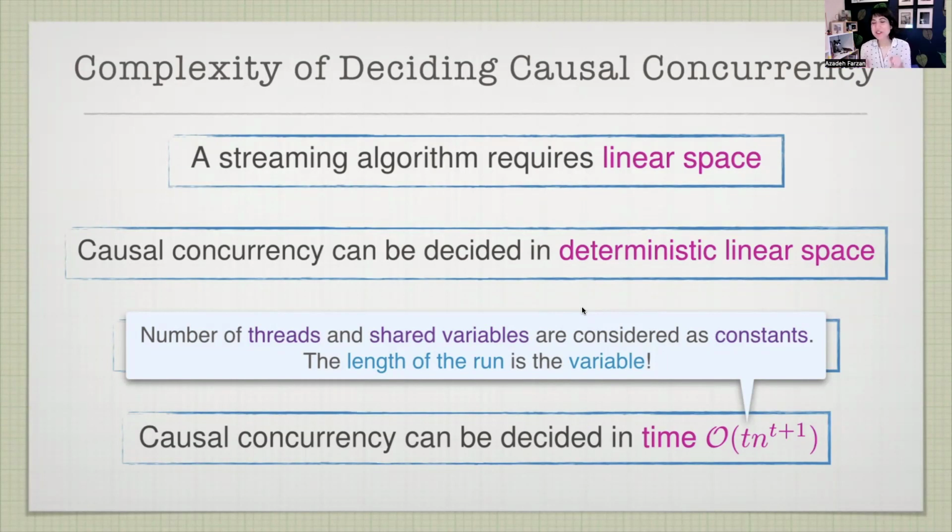So in some sense, there is no contradiction between what you see at the end and what I said at the beginning. The linear space lower bound is really talking about needing at least linear space in the length of the run. And the rest of the results consider the number of variables and the number of threads to be constants, with exactly this view that you may have in a program 10 threads, 15 threads, 20 threads, but the length of the run would be in the millions, possibly in some cases even billions of events.